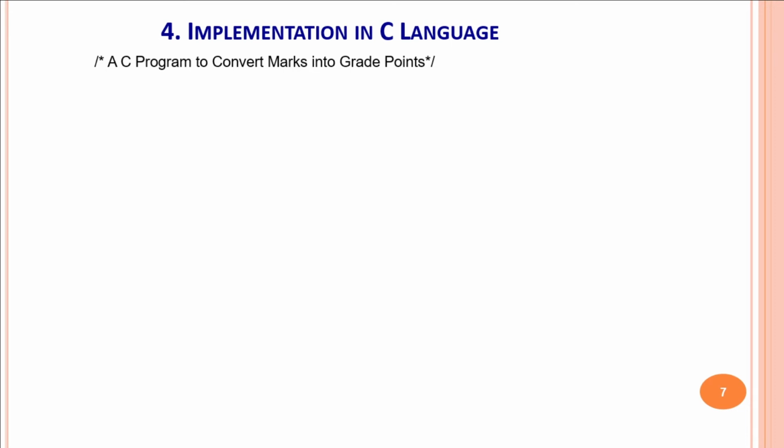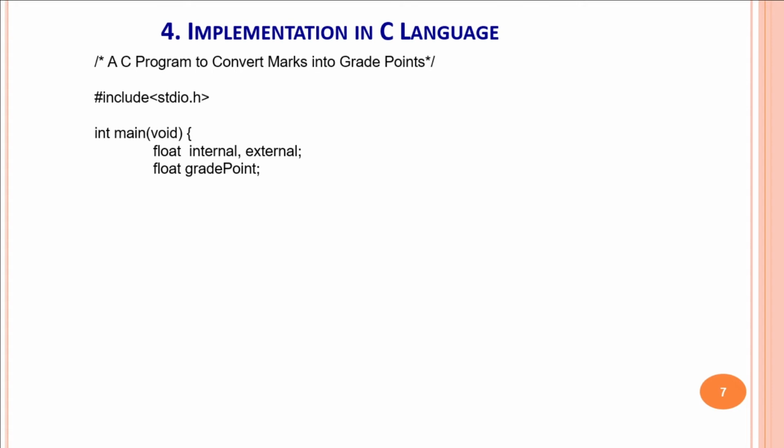So this program is declaring that this is a C program to convert marks into grade points. So these are the comments of that C language program. Hash include stdio.h is part of that C language program, wherein input output libraries are included with the program. Just remember this much. Integer main void with left curly, here is the body of the C language program, which is starting the function named as main.